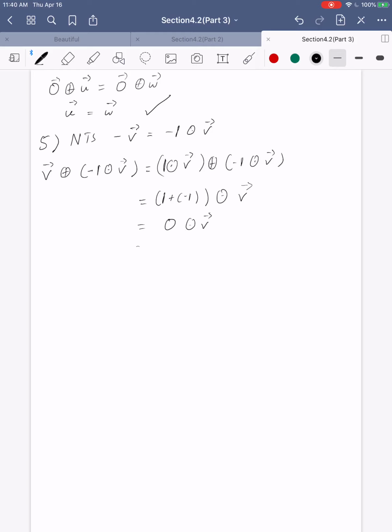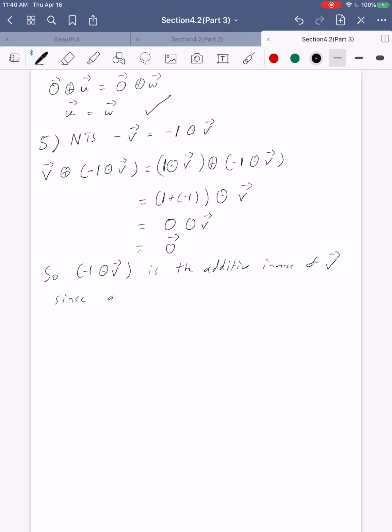And we just showed that if you ever take 0 and you multiply it with a vector, you get the 0 vector. So what does this show us? Well, this shows us that V plus this thing here equals the 0 vector. So -1 V is the additive inverse of V